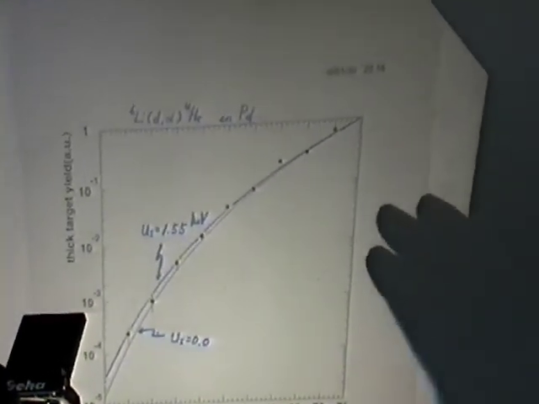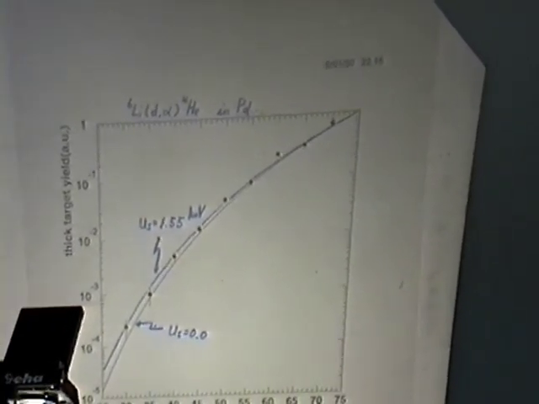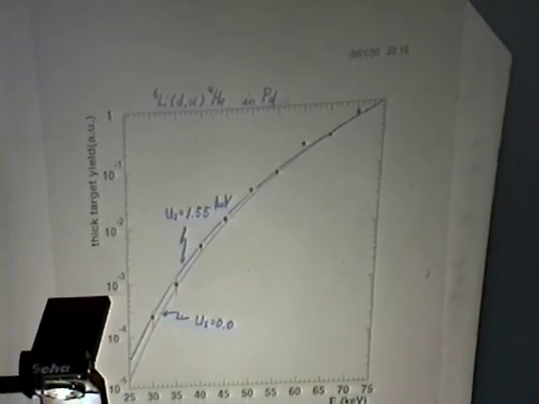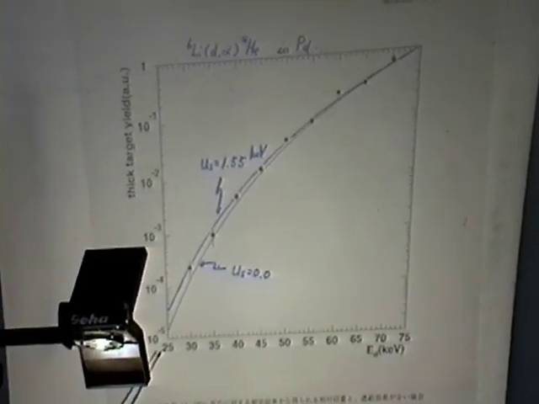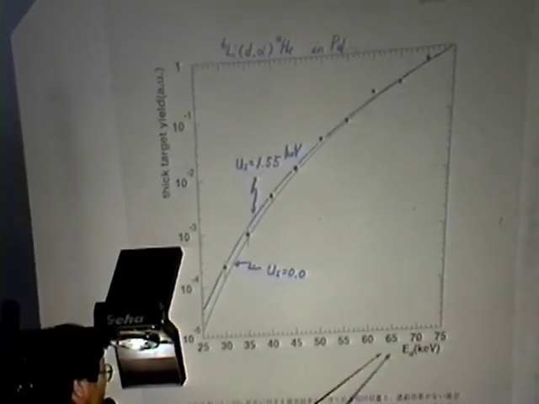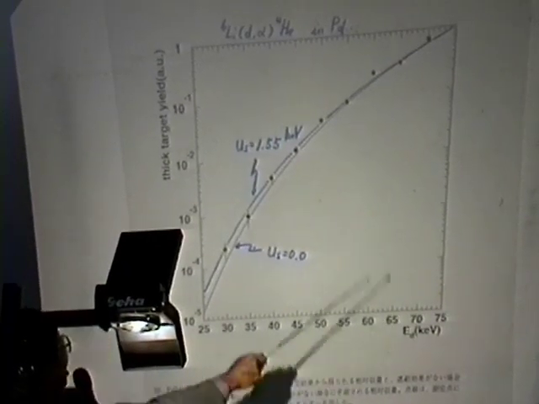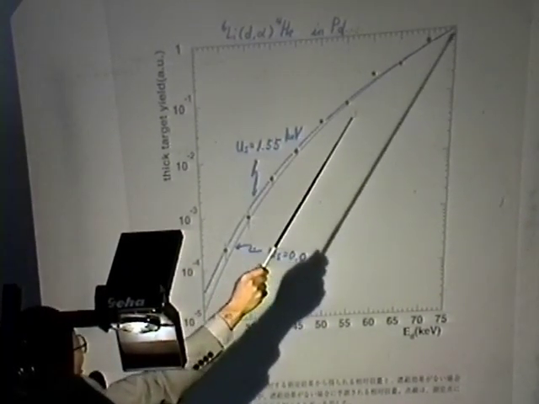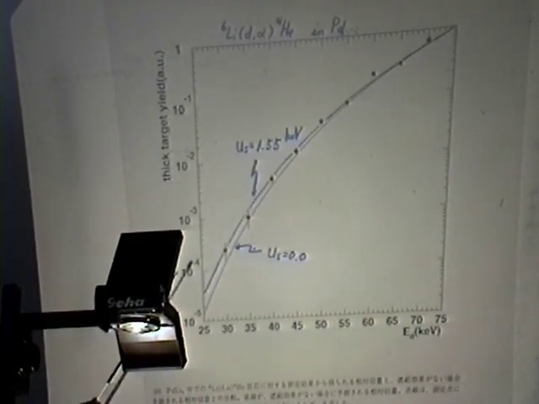Okay, so this is another reaction system: lithium 6 plus D going to alpha plus alpha, helium 4, in palladium. This is just the excitation energy, and the incident energy is 30 to 75 kV. We normalize the reaction rate here again, and what we got is a very enhanced reaction cross section. The screening potential energy, in this case, is 1.55